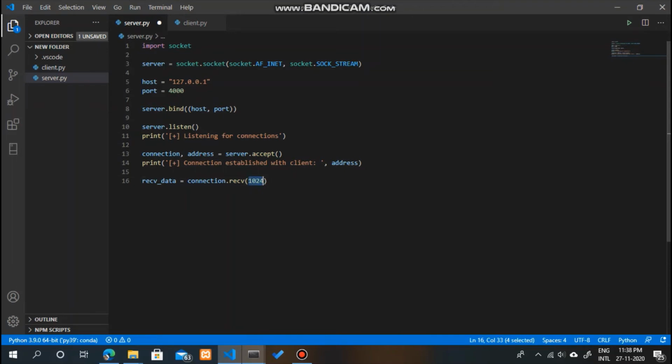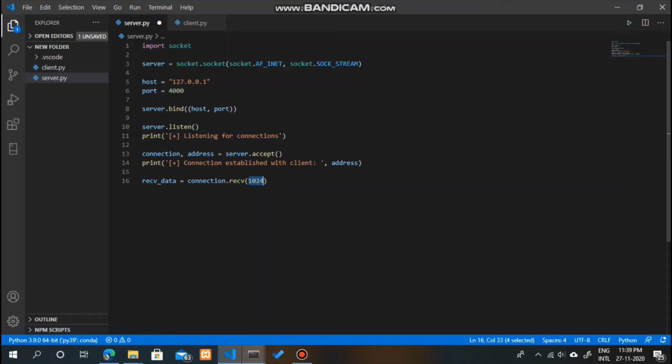And what is this 1024? This is the buffer size that we want to receive. Data are sent in chunks. We'll discuss more on this later, but for your knowledge right now, data is sent from the client or from the server as bytes, and it is sent in chunks.